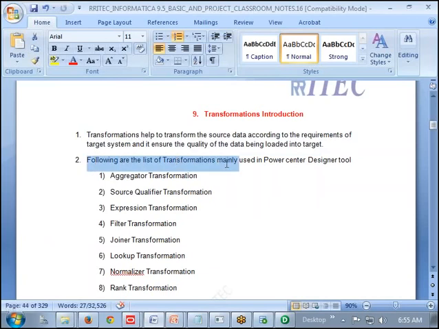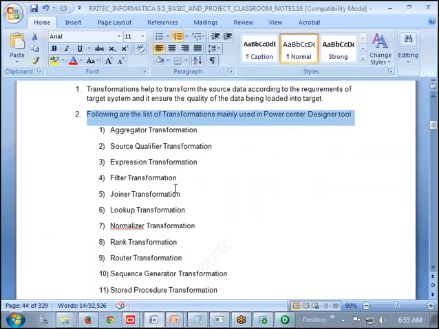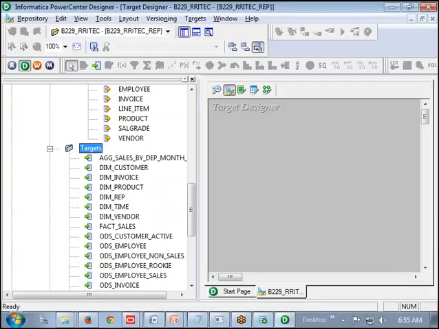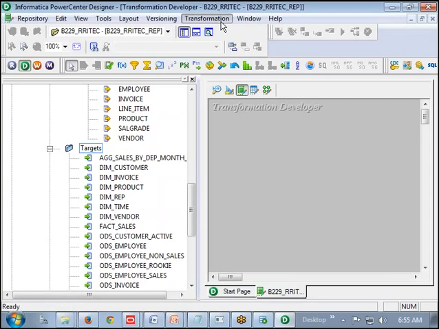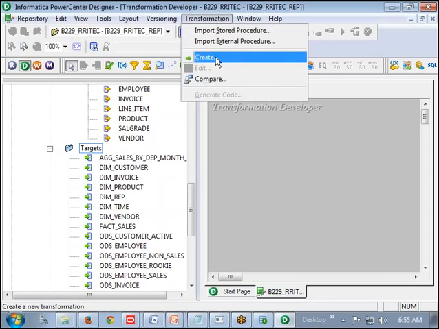Following is the list of transformations mainly used in the PowerCenter Designer tool. I said clearly it is mainly, not all the transformations are listed here. If you want to see all the transformations, go to the Designer. There I have one option called Transformation Developer. Then go to the Transformations menu, then Create.